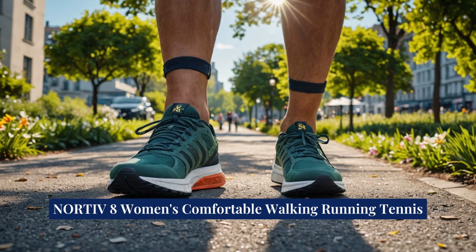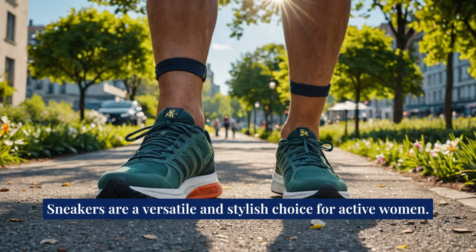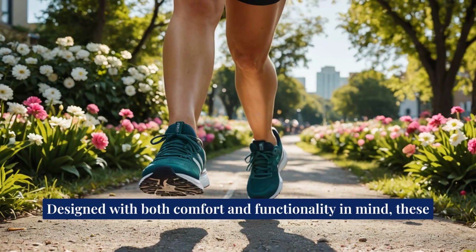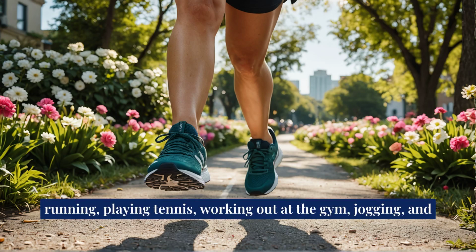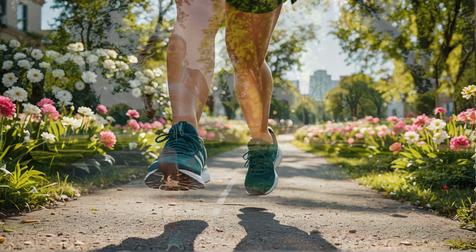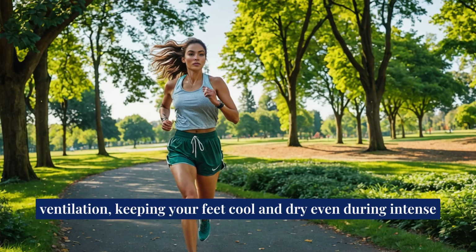NORTIV 8 Women's Comfortable Walking Running Tennis Shoes MovePropel Athletic Gym Workout Jogging Fashion Sneakers are a versatile and stylish choice for active women. Designed with both comfort and functionality in mind, these shoes are perfect for a range of activities, including walking, running, playing tennis, working out at the gym, jogging, and even as a fashionable sneaker for everyday wear. Made with a breathable mesh upper, the shoes ensure adequate ventilation, keeping your feet cool and dry even during